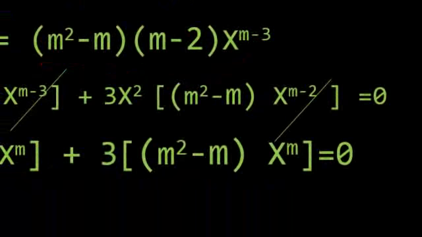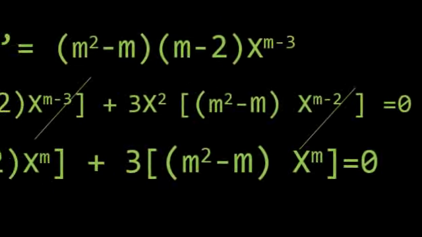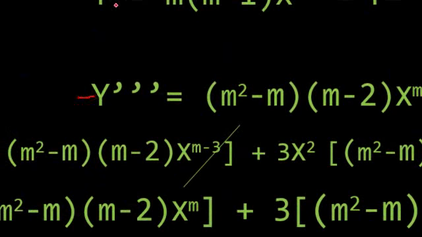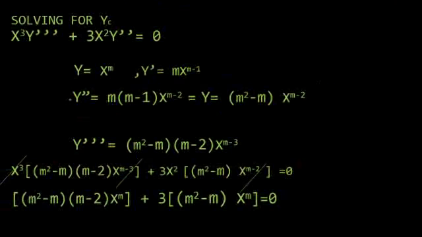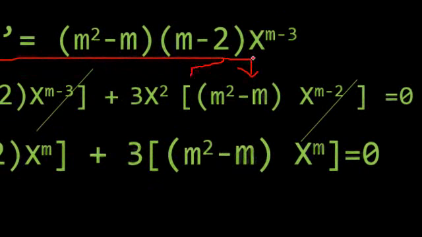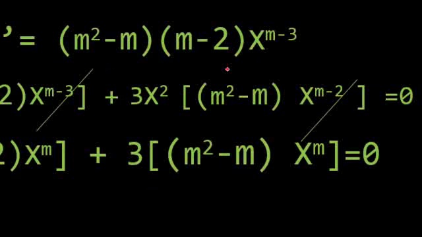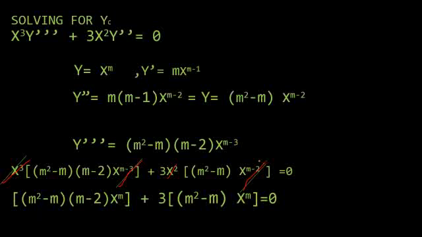After that, we will substitute these values to this y prime here and this y double prime here for this whole equation. So notice that this thing will cancel out with this, and also this one with this. So we are now left with this expression,